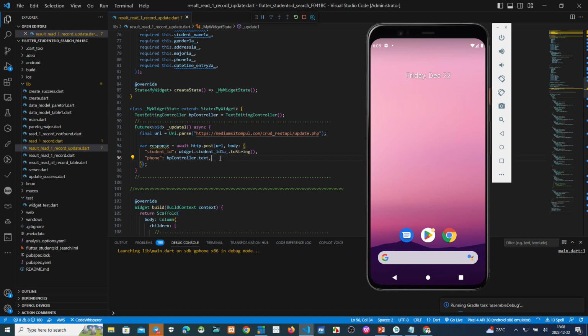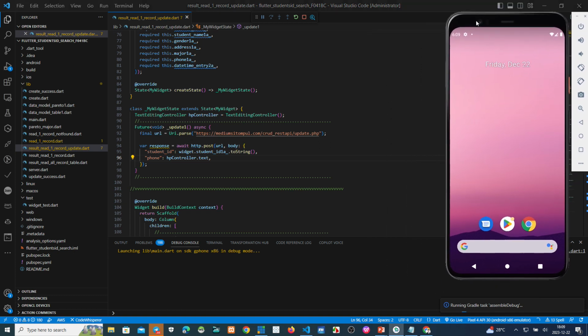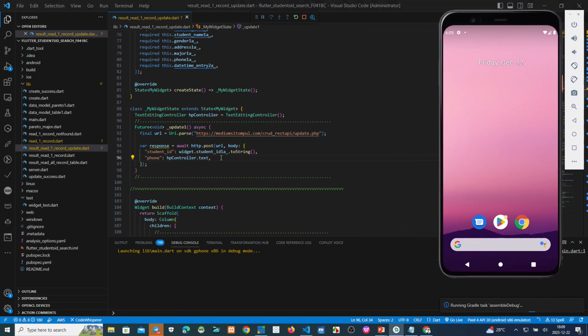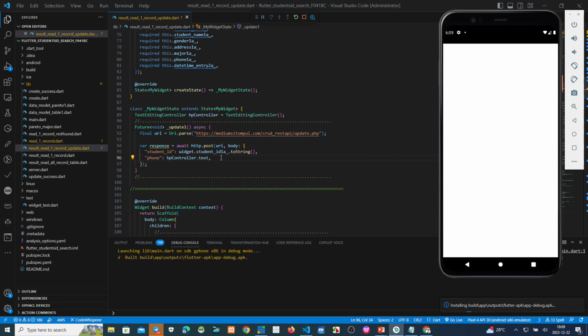We must put dot text, HP controller dot text here. Okay, we can see the result after we change this parameter, controller name.